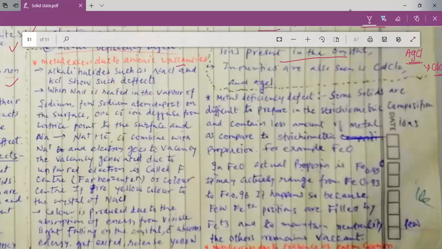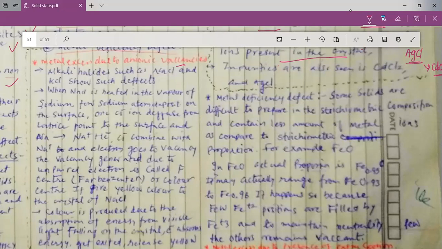Thus, my dear students, there is a vacancy created at the original position of the Cl-. To maintain the ionic balance, the electron produced by Na goes and maintains the ionic balance, but this electron absorbs the light, goes to the higher energy level, and while coming back it produces the light. Due to that, you can see a yellow spot on the crystal of NaCl. This center where you can see the colored spot is in German known as the Farbenzentre, and that is why it is called the F center too.